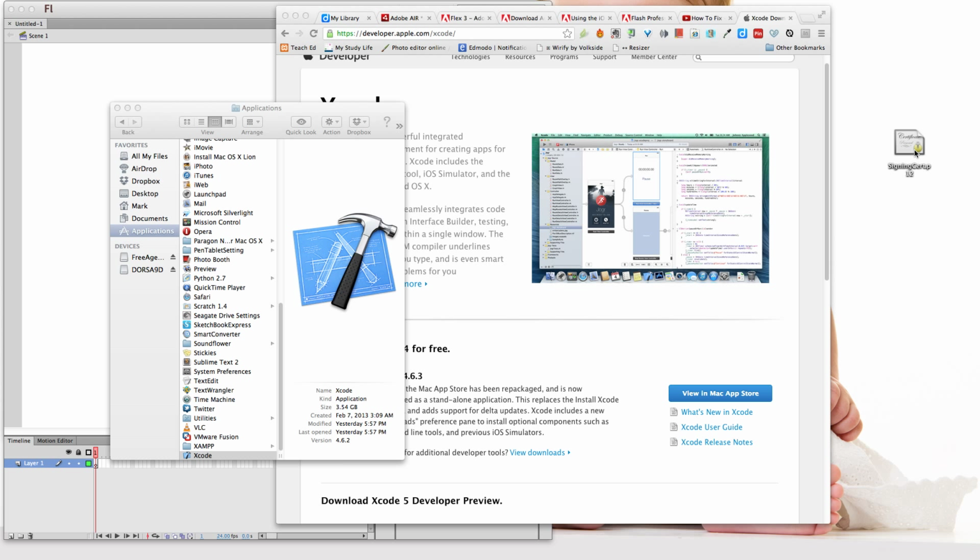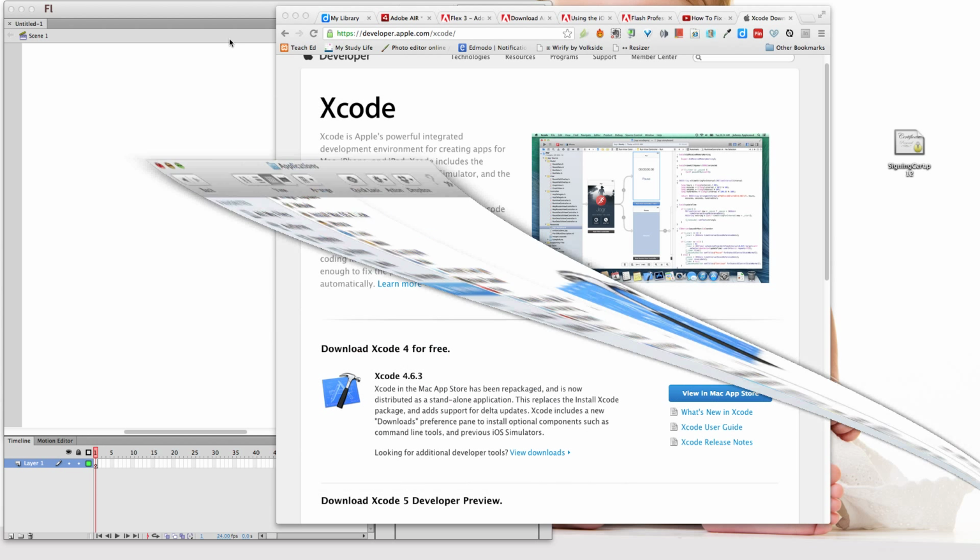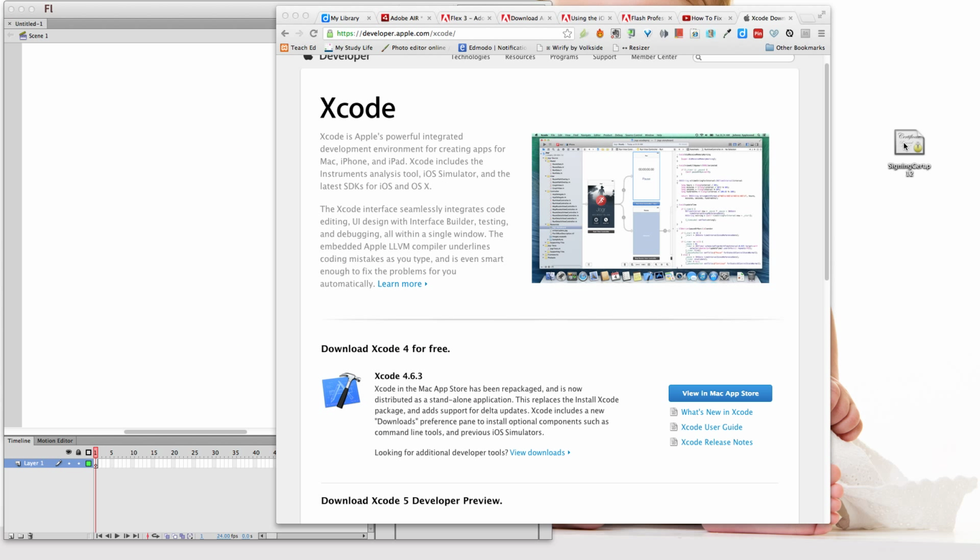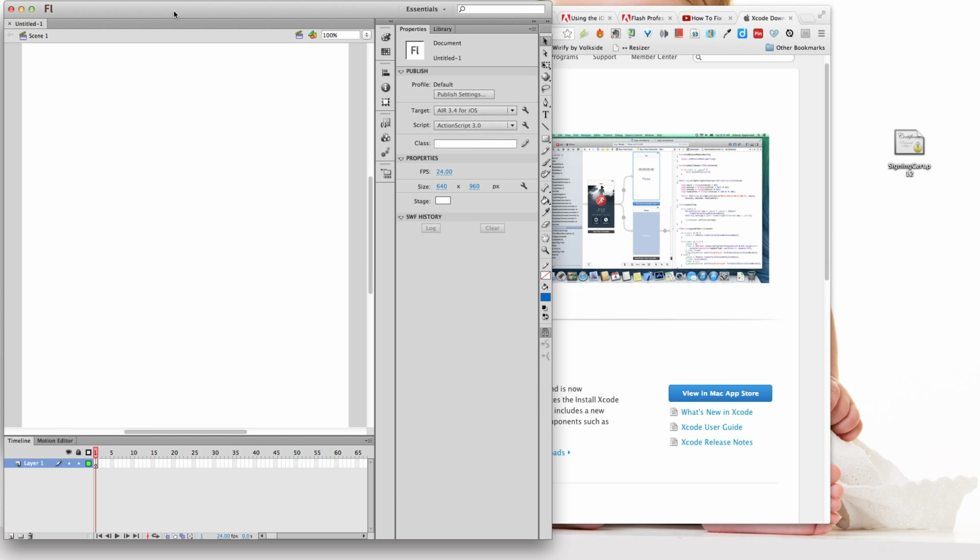What do I need to do next? Oh yeah, this bit took me ages to figure out. What I need to do now is, so I've got my certificate, everything's fine, but in Flash, there's certain things that you have to do to actually run that certificate. So back in Flash, if I go to Target 3.4 for iOS and click on this toolbar here,